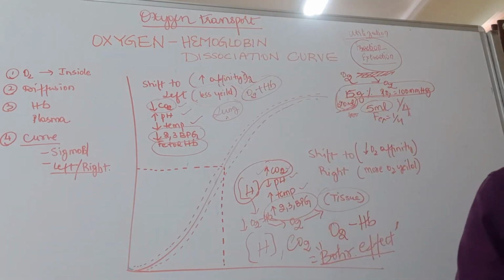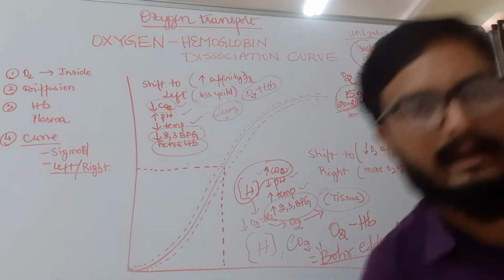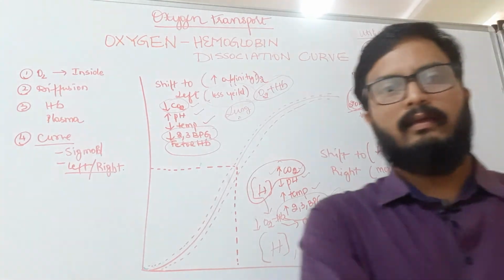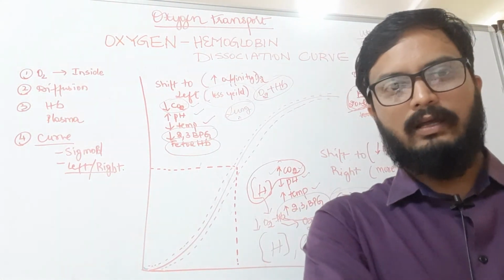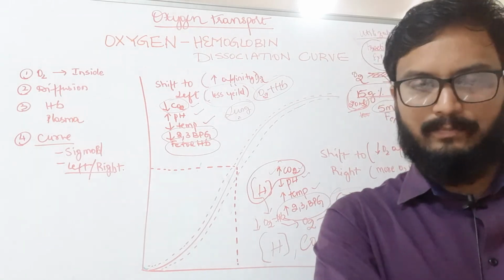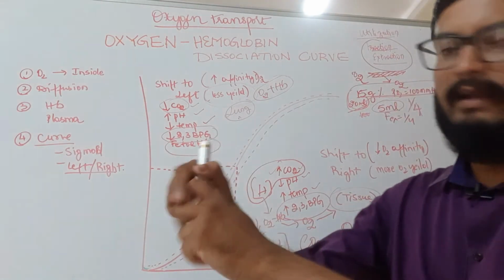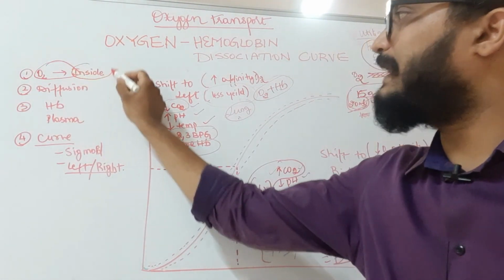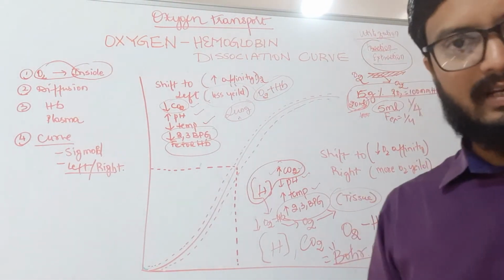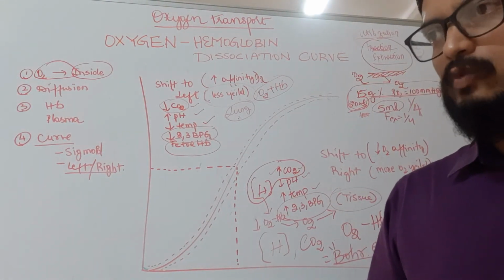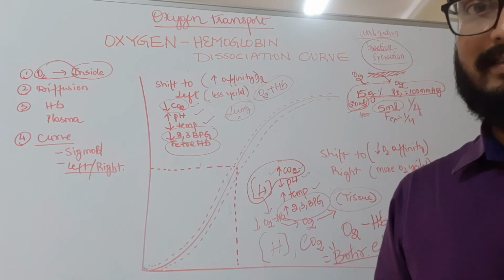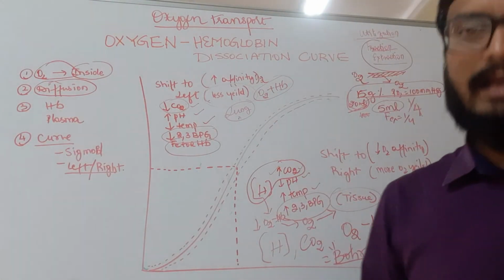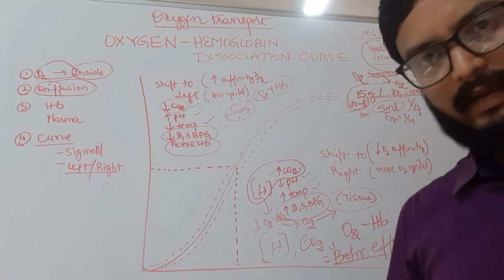So, overall, to review what we had studied: how oxygen gets transported from the external environment and reaches the cell. Number one, we studied that the oxygen present in the environment will move inside the lungs first because of the decreased pressure created by increased volume from the contraction of the inspiratory muscles. Second, the oxygen diffuses through the different segments because of the partial pressure difference that we have already seen.